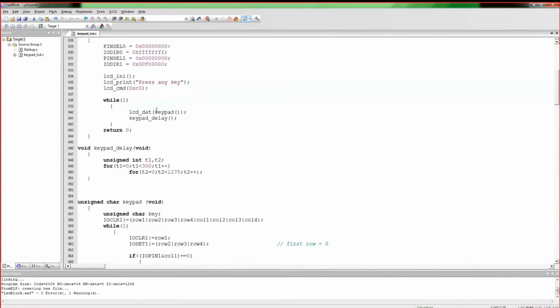So in the main program, that character will be received and LCD data is for displaying the character. So that character will be displayed. Again, some delay will be given. This delay is known as debouncing delay. Once you have pressed, you need to identify whether it is pressed once. Otherwise, if you are pressing 1 and so many characters are displayed, it will create a problem. So that is why this debouncing delay is given, in order to identify the key press. That is an arbitrary delay. I have created a small delay function here, arbitrary delay.